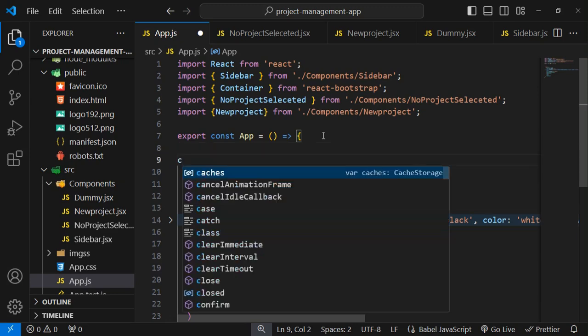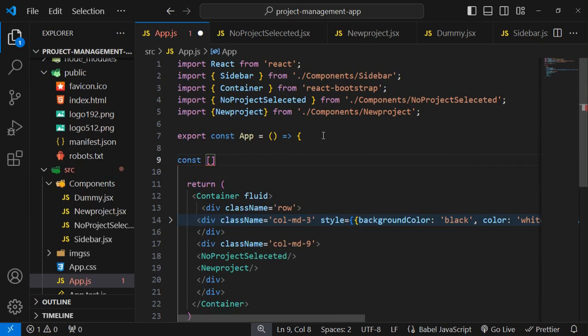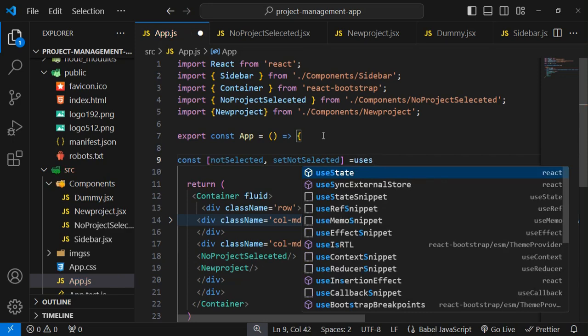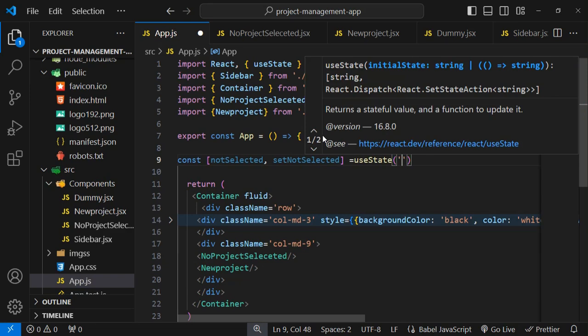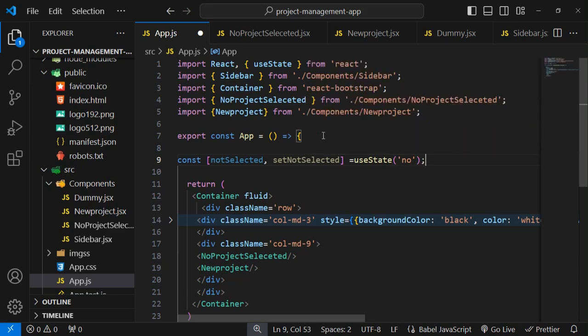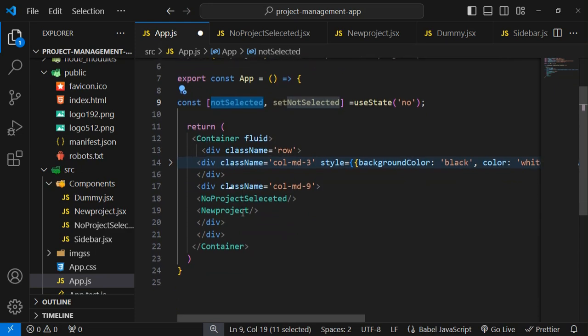I'm just taking const notSelected, setNotSelected is equal to useState, and its initial value I am going to take as no. I'm just typing here as no, so its initial value is no, and whenever I click on the